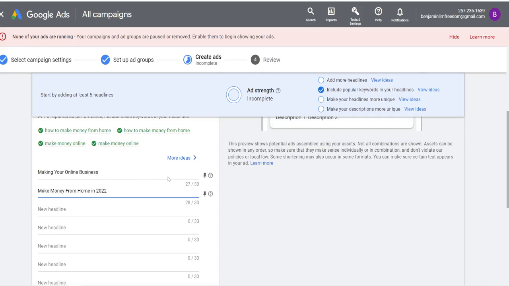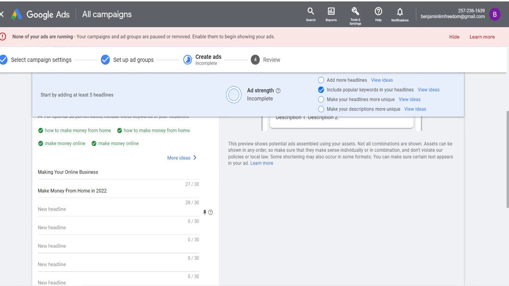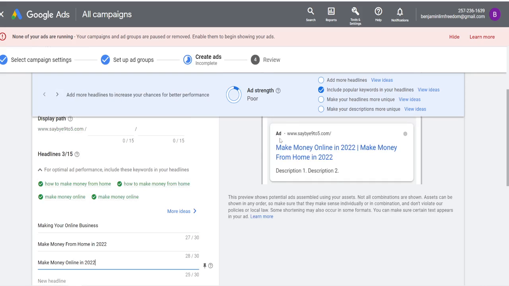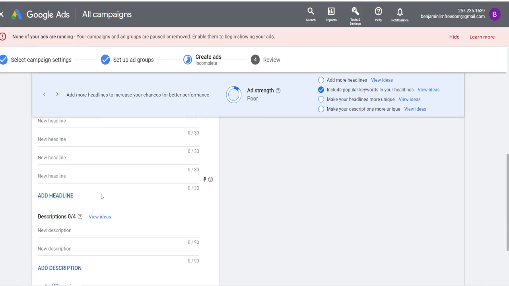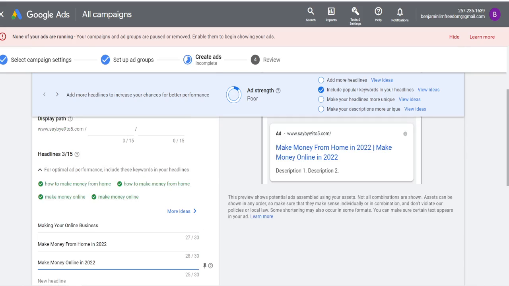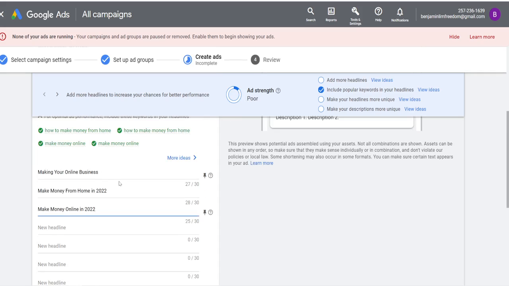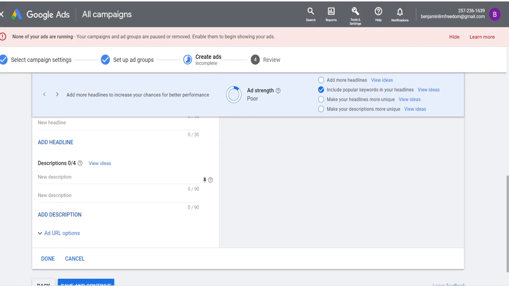I can also say make money online. So my three headlines are all automatically being permutated over here. Now, how many headlines are we actually allowed? You can see that there's a total of 15 headlines that you can permutate. My suggestion is to use up all 15. As you can see, my ad strength here is poor because I've only included 3. If you try to do up all 15 headlines as well as descriptions,